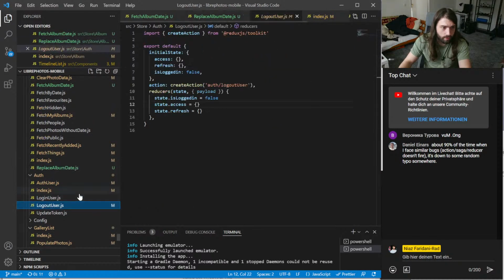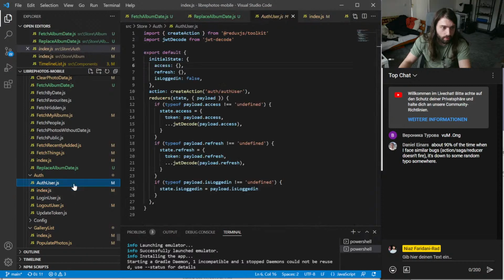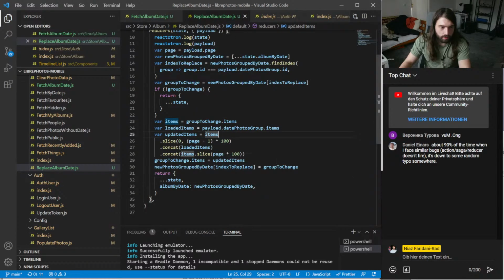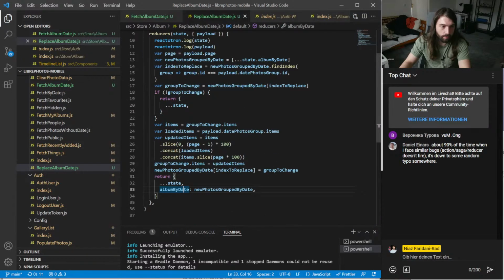So let's see again how we did that here. Auth user state.refresh access token. All right. I still don't know how that goes into here, but that's going to be fun. Right.